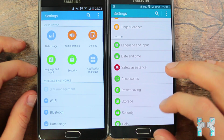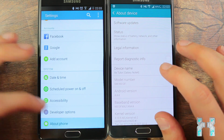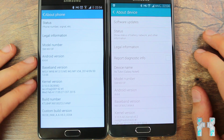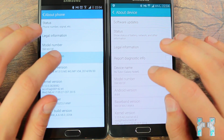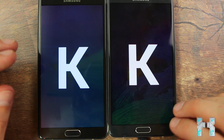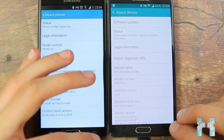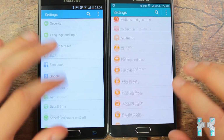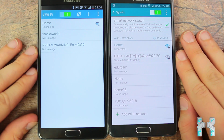right over here. The settings look very similar, but a lot of the settings and features are missing on the fake one. It looks very identical, but if you go to about the phone or about the device, you can see that software updates is missing because you won't see any software updates on the fake one. It comes with Android KitKat straight out of the box, but trust me guys, there are no updates. You can just mod it on your own if you're familiar with Android. You can do a lot of stuff, you can deep-load it, you can even make custom ROMs, that's absolutely no problem with MTK. But you won't see any official custom ROM releases, maybe 1 or 2 on NeedROM, but that's